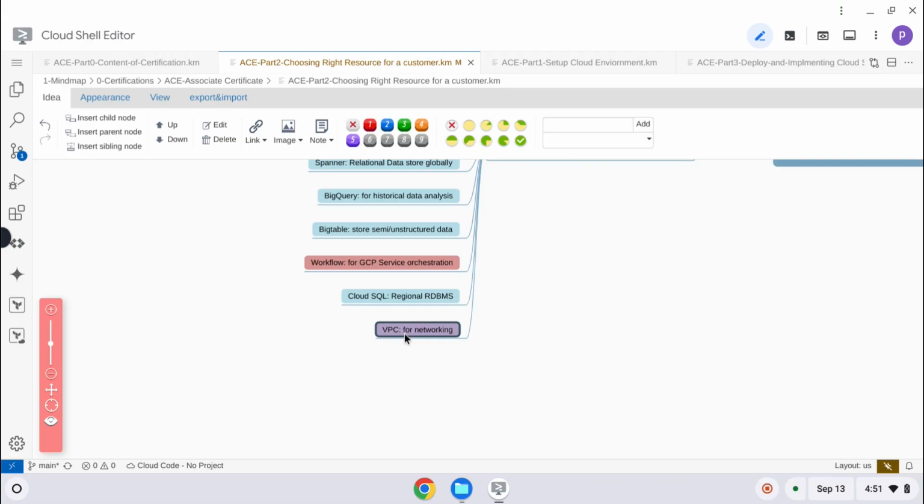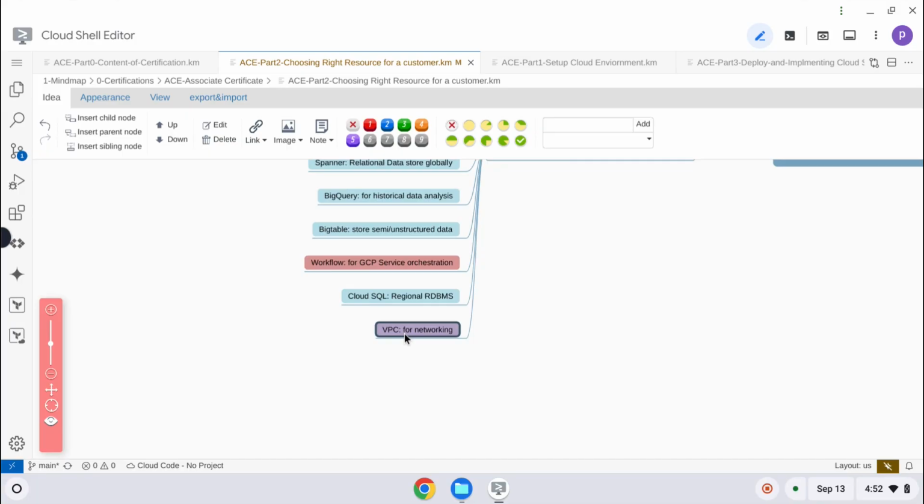Even in that case we get peering-based, connection-based and interconnect-based options. We may have a dedicated connection for a large volume of data, or we may use a provider, a third party. That is direct interconnect. Another one is provider interconnect. That means the network will go through a third-party network, but data is encrypted and decrypted at both ends. So whenever you want to connect two networks, that's when VPN and interconnect come in.